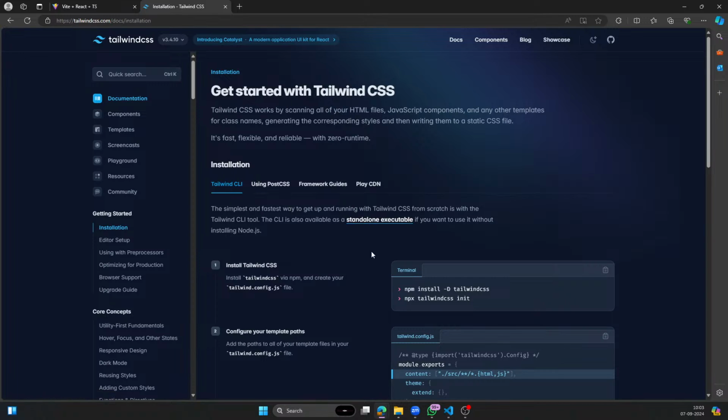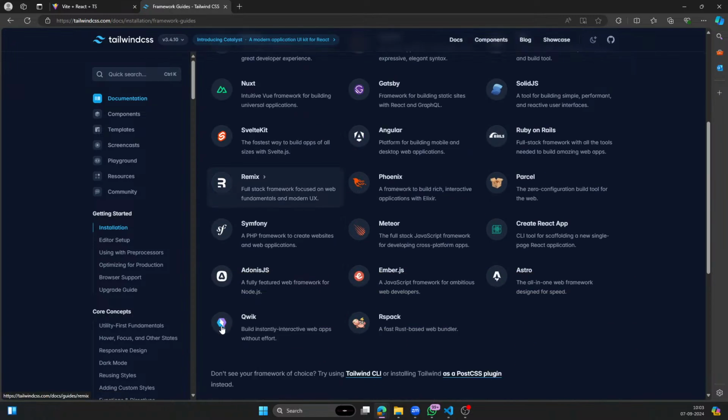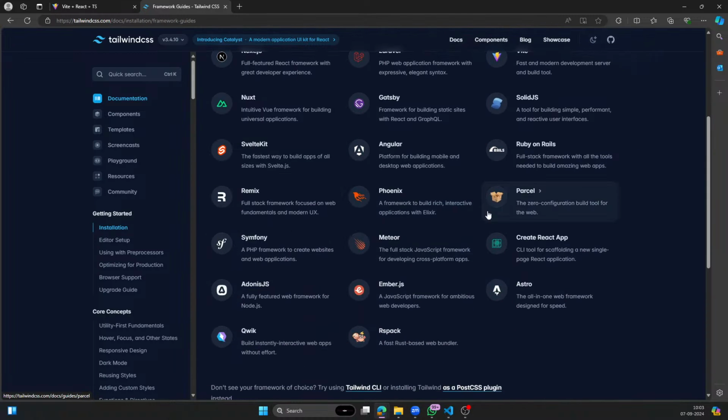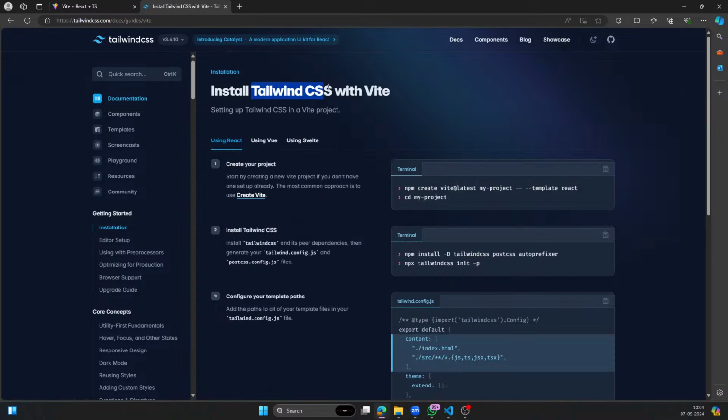Right now, because we created the project through Vite, here we can choose how you created the project. These are the ways to create a project: Laravel, Next.js, and some other things also. I created it through Vite, and now I need to install Tailwind. Even over here we can see that if you want to create a project from scratch, you can choose this way: npm create vite, which we already did. Now the second step is to install Tailwind. We'll just copy this one,